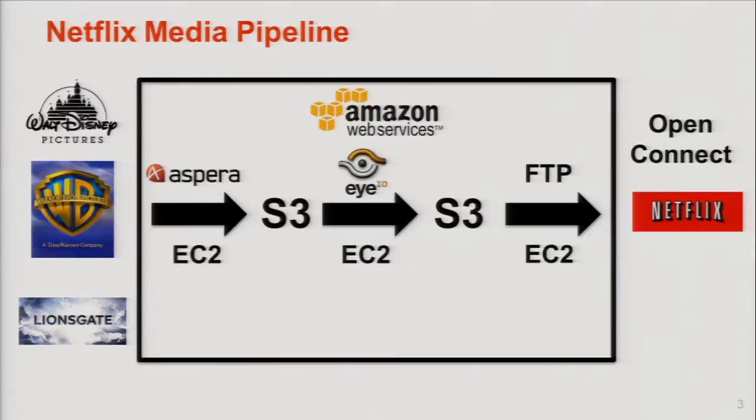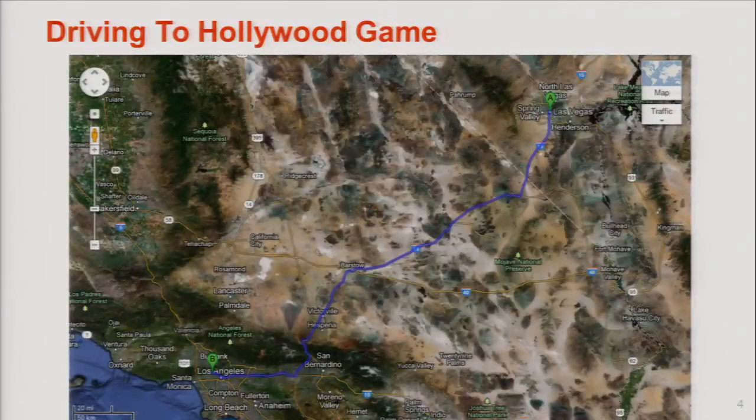But to set the context for how we got here, let me go back in time to 2008 and describe how we got there. So to describe that, let me play a game I call the Driving to Hollywood game. This is a Google map that plots the route from Las Vegas down to Hollywood. And if I had to put together a project to transport everybody in this room from Las Vegas to Hollywood,